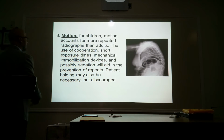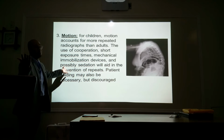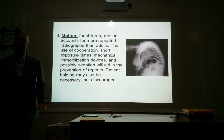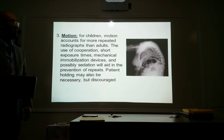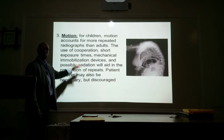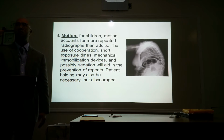Then we're going to use immobilization devices: sponges, tape, Velcro, sandbags, Pigostats. Okay, we'll talk about Pigostats later. And then also possible sedation. We usually don't like to medicate our kids. Sometimes we have to, but we want to try to avoid that at all costs, because what we're trying to do here is eliminate motion, and eliminate any type of repeat